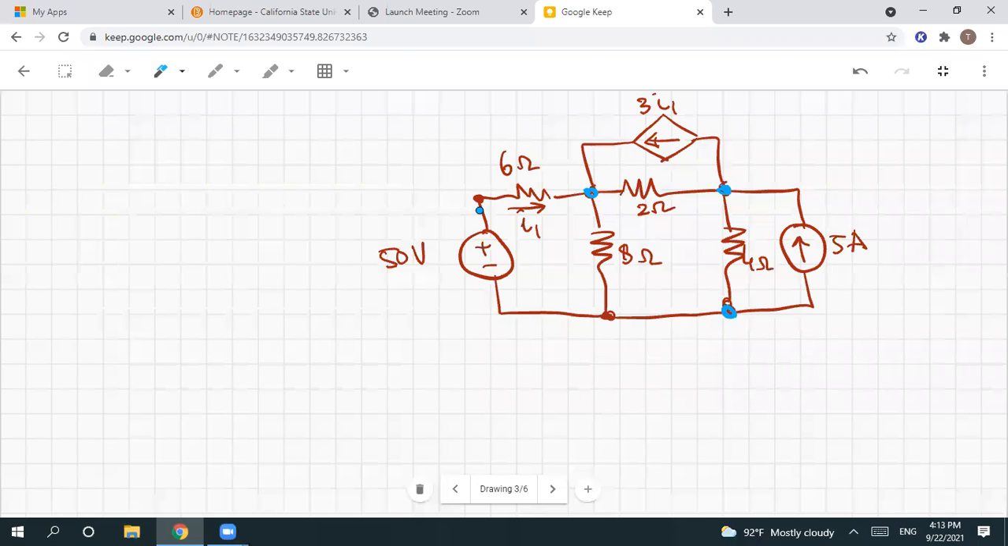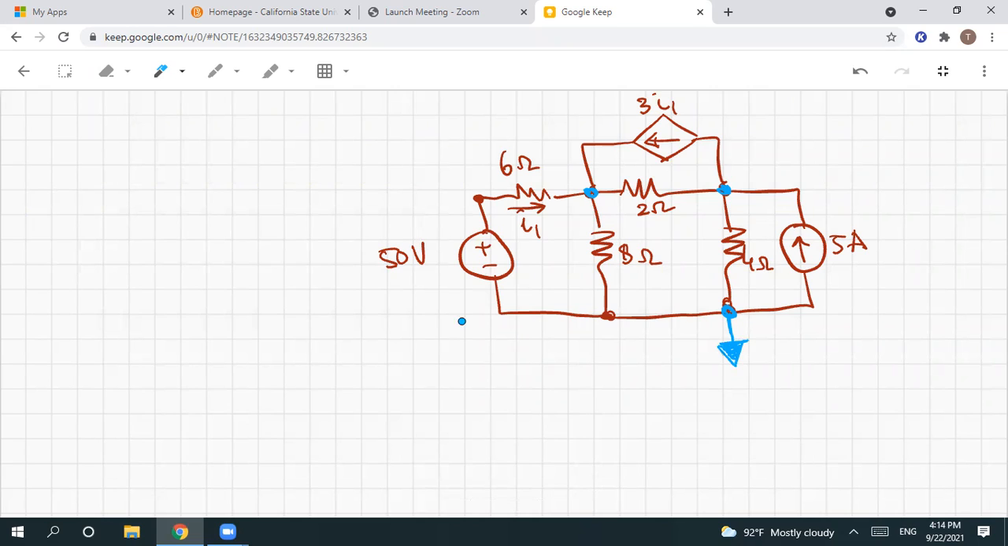By definition, an essential node is a node to which 3 or more elements are connected. So here we have 4, here we have 4, and here we have 1, 2, 3, 4. Okay, which node will be selected to be the reference node? What do you think? The bottom. Why? Because it connects to the negative side of the voltage. Yes, okay. Although all these nodes have 4 elements connected, we select the bottom one